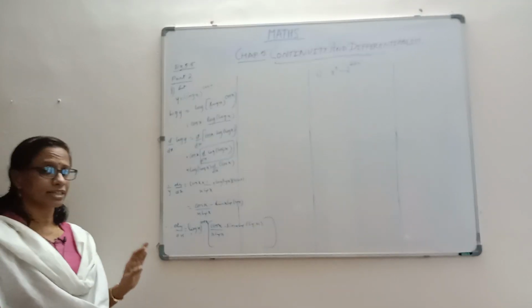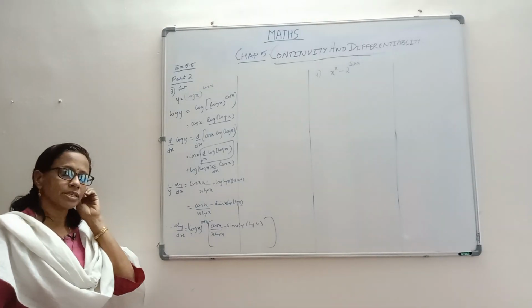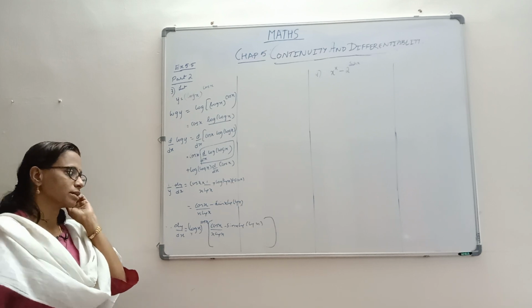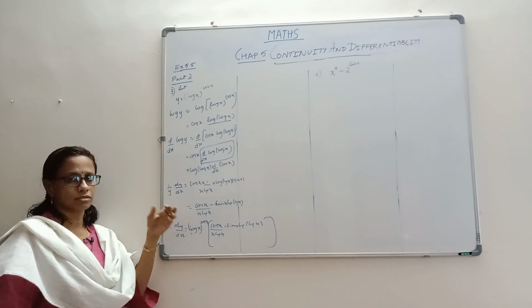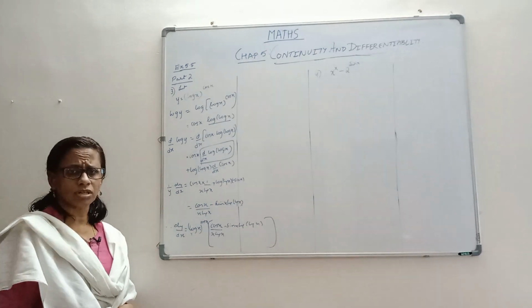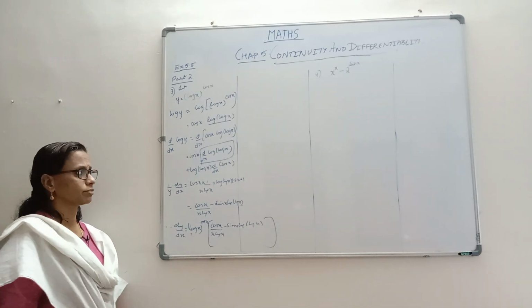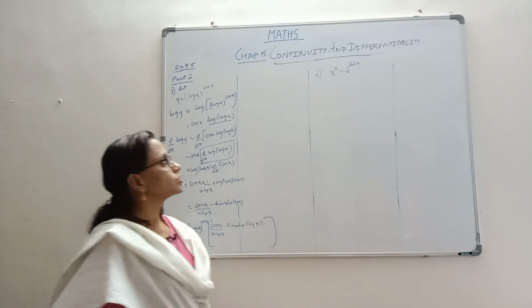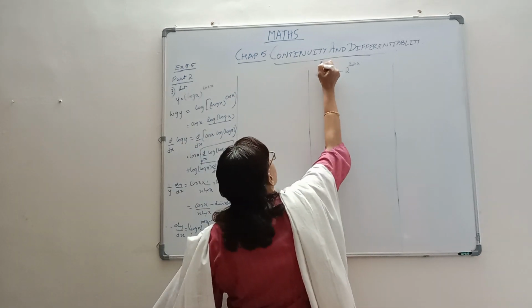It is basically relatively quite easy. Now it also depends on how the examiner demands. Sometimes they may ask you to show how the 1 by x log x is coming, then you have to show it. Otherwise it's quite a general function, you can write the derivative then. Okay, so having done that, we are moving to our next question.